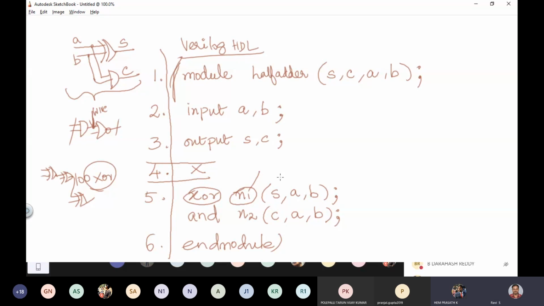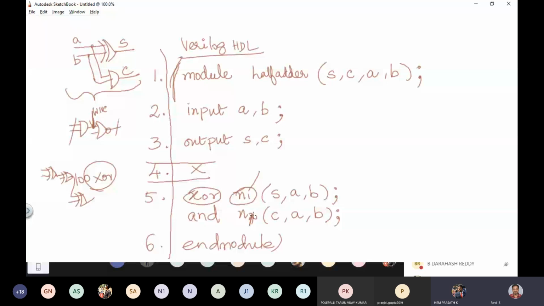Then why are we not giving the name for AND also as N1? You can give that, AND is different, so you can start with N1, nothing wrong in that. The purpose why I'm giving 1 and 2 is I'm going to use two logic gates, giving the first one the name 1, the second one 2. So you can give AND as N1.